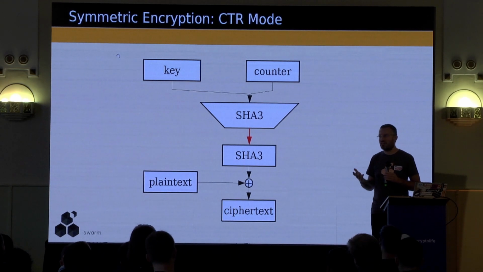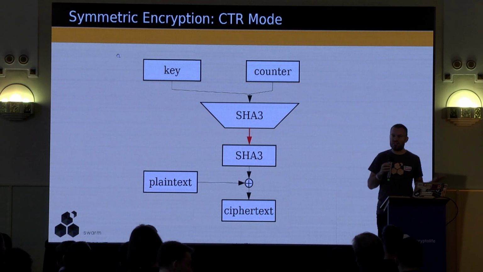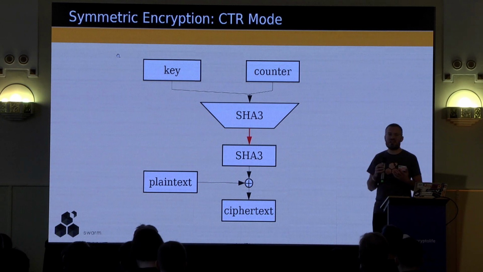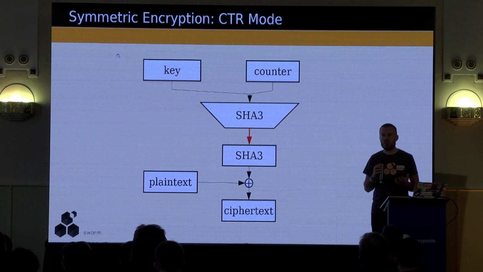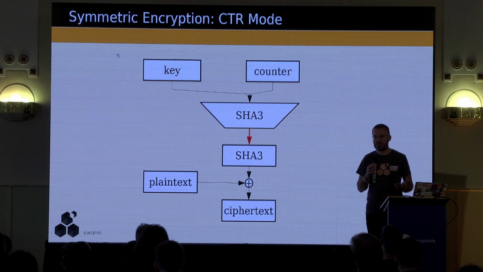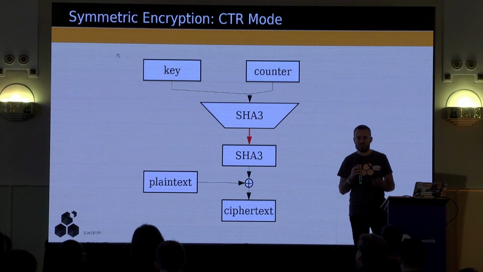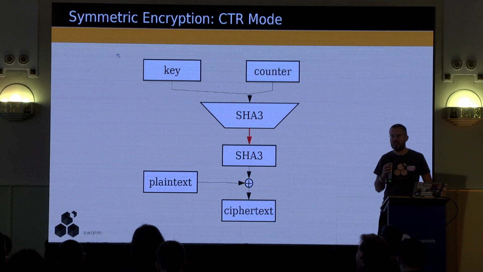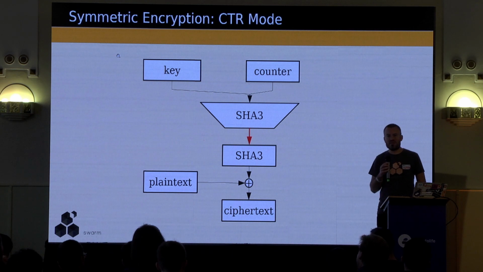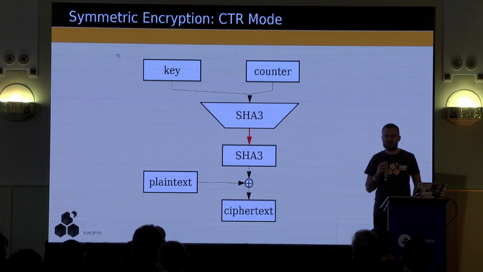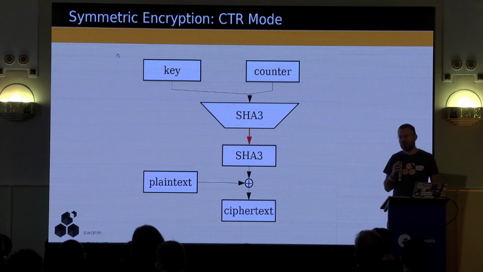So if we want to take everything that Elad explained about turning data structures into Swarm data, then we can also very generically take any unencrypted Swarm data and turn it into encrypted Swarm data, except that our references from now on are not just hashes, but hashes of the ciphertext plus the decryption key. So these two things together constitute the reference, and it has the same property that if you see the same reference, then you can be certain that it points to exactly the same content. The converse is not true, but it's not required either.